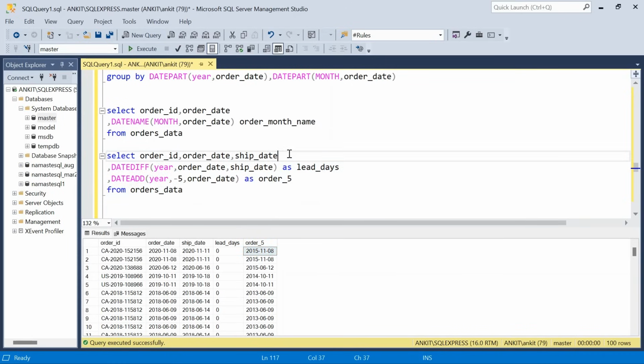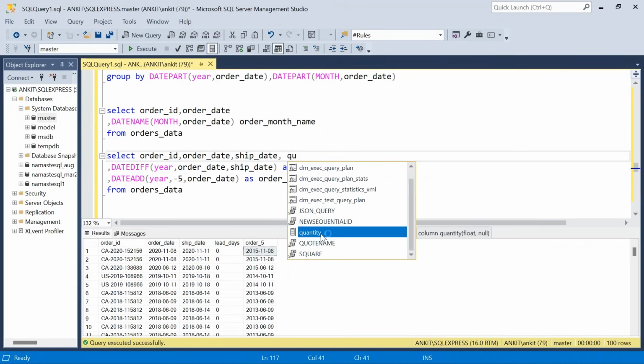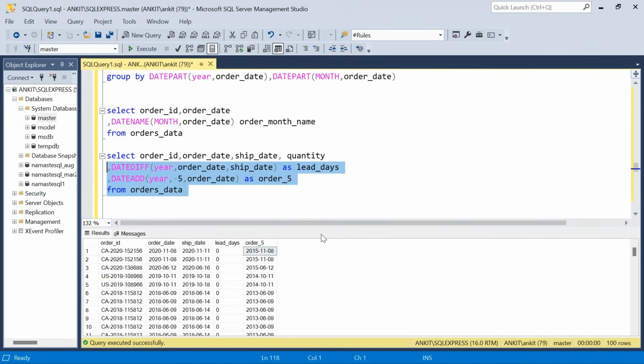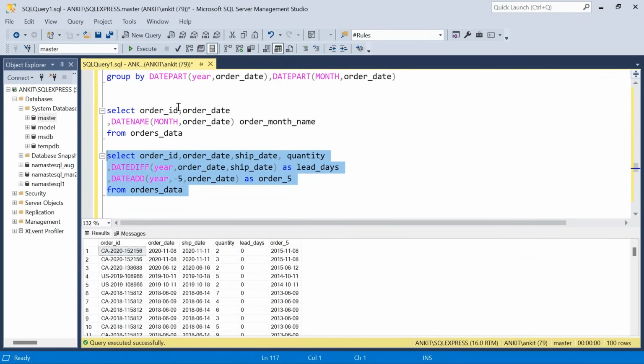What you can also do is use another column instead of hard coding. For now I'm using the quantity column because that's an integer column, and let's say you have another column with the number of days it will take to reach. You want to check what the delivery date will be, and how many days it will take. Let's say from ship date 2 more days will take to deliver. Let's say this is a lead days column. For now it is quantity in our table, but I want to add this number of days to ship date. So I will say date add,